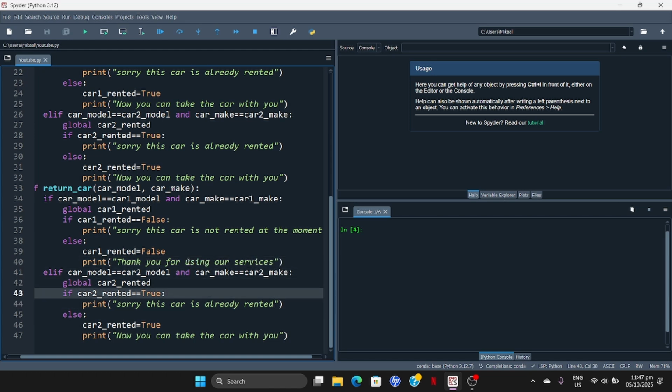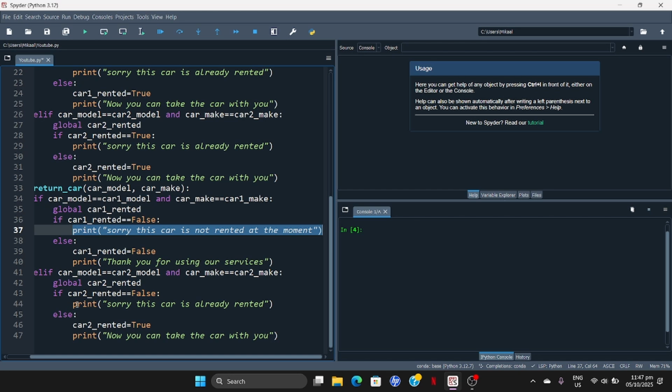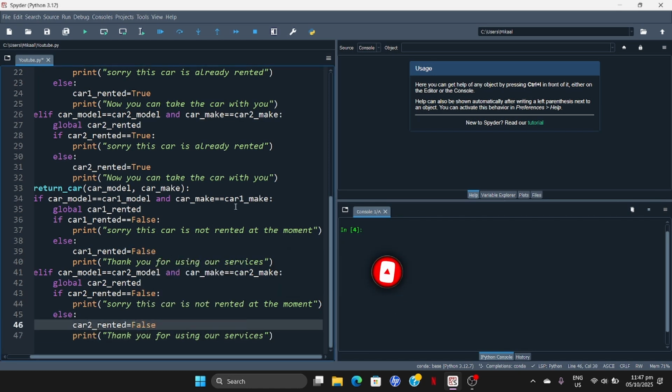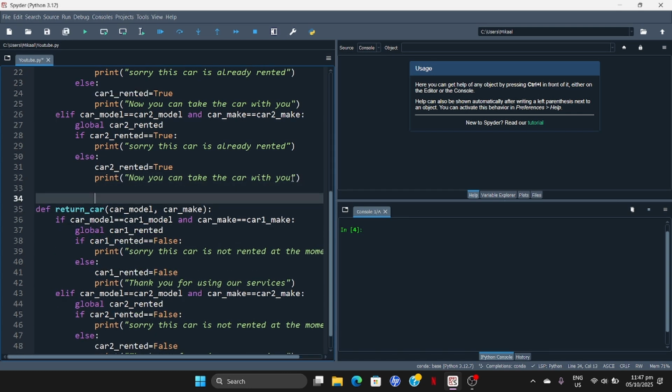Other than that, for the second car, we will also change this. It will turn to false. We change this if condition, the print statement also, and same goes over here, right? And here we will change rented to false. So if we see this function, right? So it also